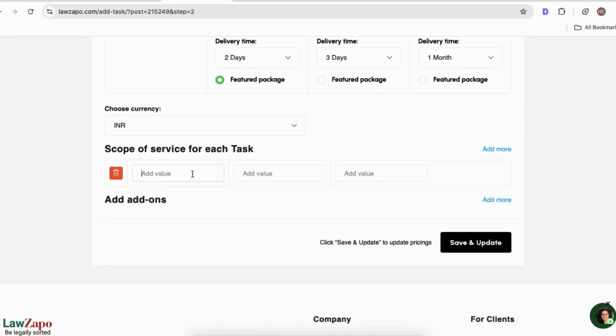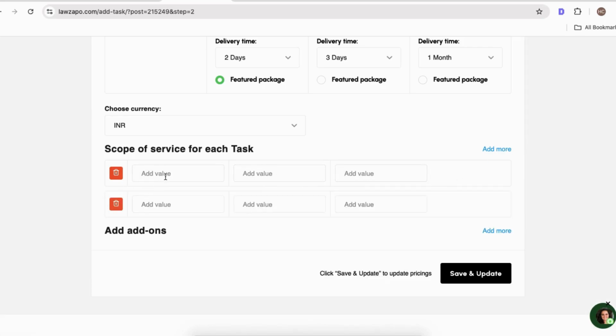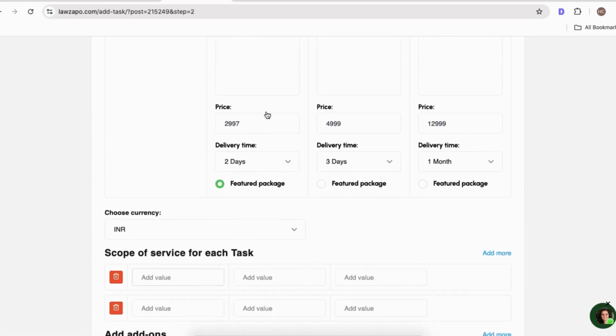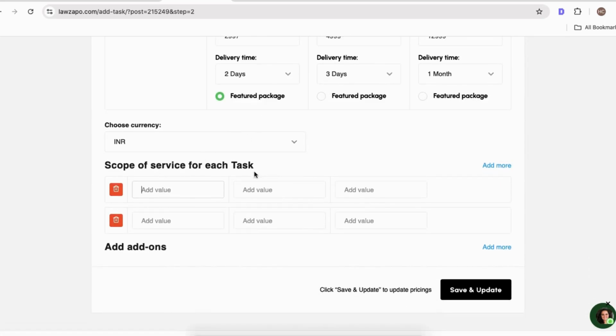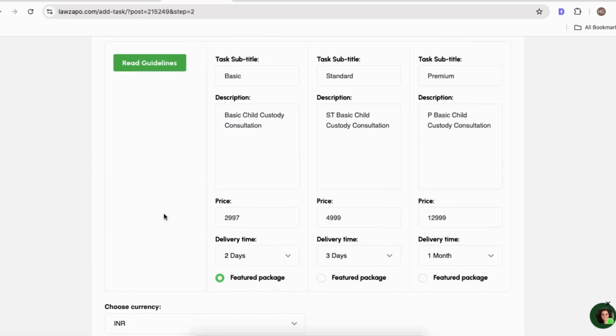So basically, this is for the first. This is for the basic. This is for the standard, and this is for the premium. So the first, you need to create a service. So this is for basic and for standard and premium. So for basic,